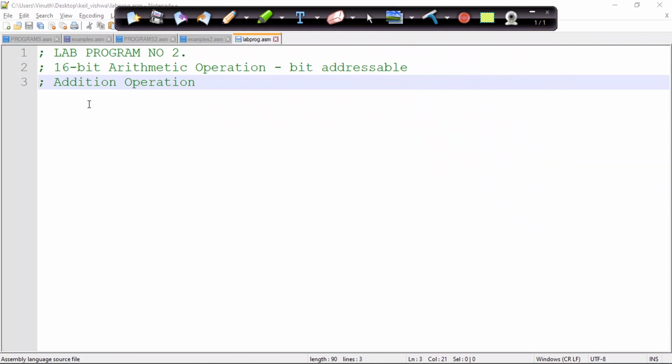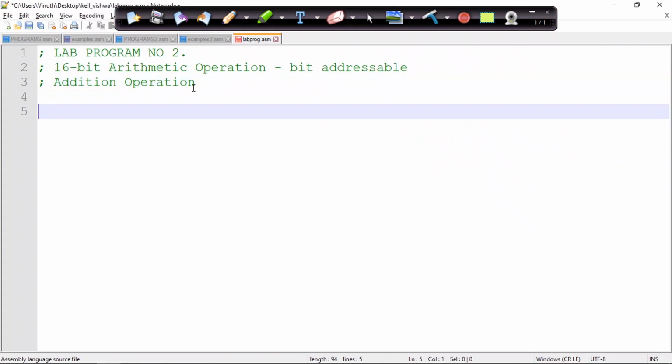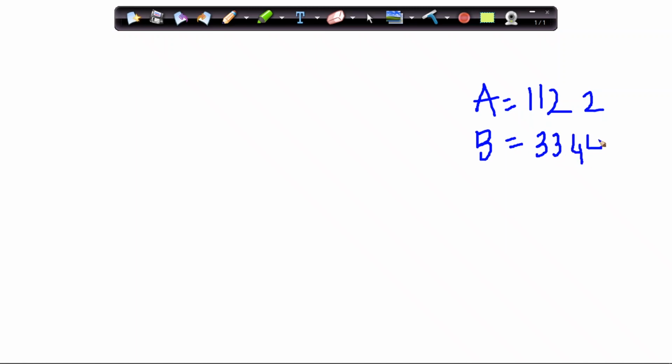Since A is a 16-bit number, one more thing: since we are using ports here, we had taken A equal to 1122 hexa and B equal to 3344 hexa, both in hexadecimal format.